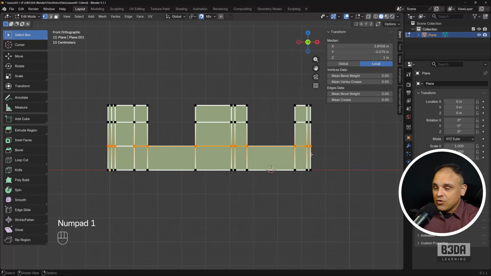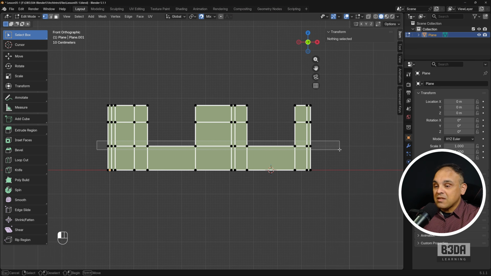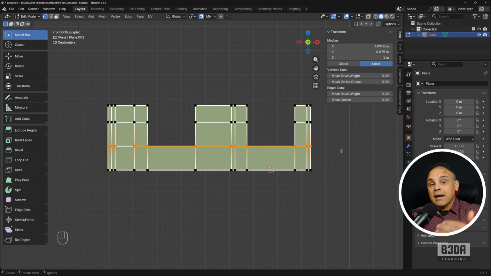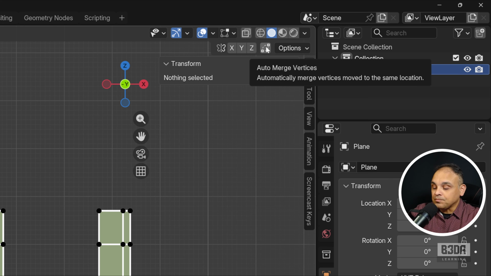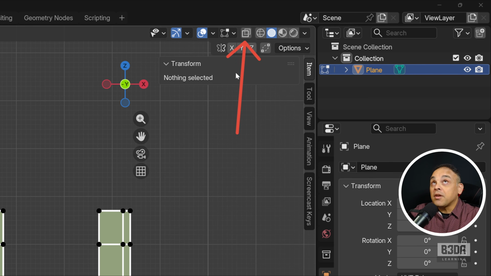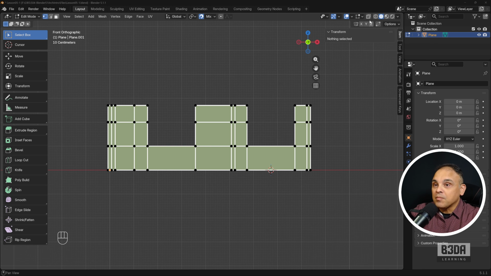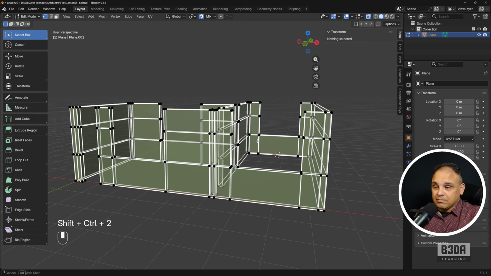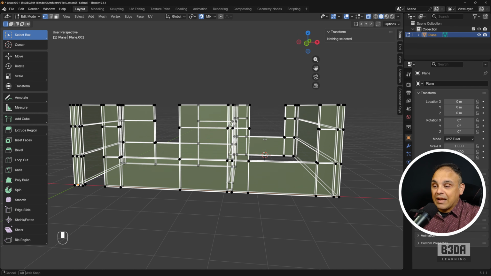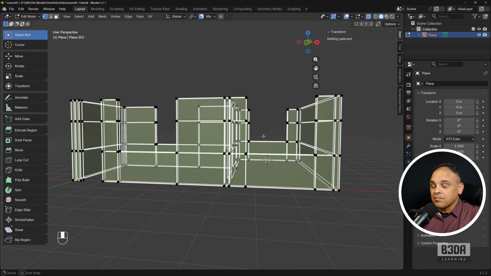In fact, when you try to do this, Blender will only select what you can see. If you have vertices occluded behind a surface, Blender will ignore them if you are in solid mode. The solution for this is to use either wireframe mode or to enable X-ray mode. If you look here on your shading selector, you have this button here which has a name of X-ray mode, and when you enable X-ray mode, you will be able to see everything, or it will be semi-transparent, your faces,